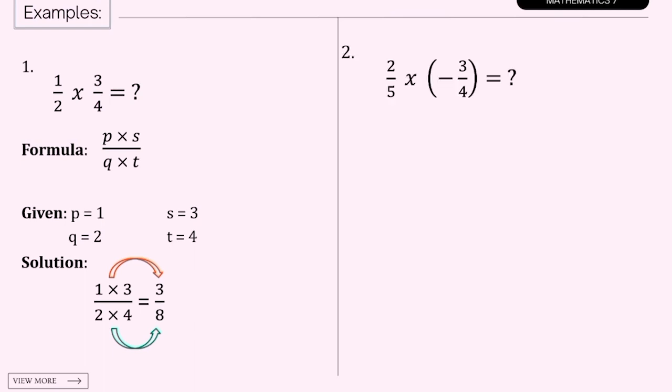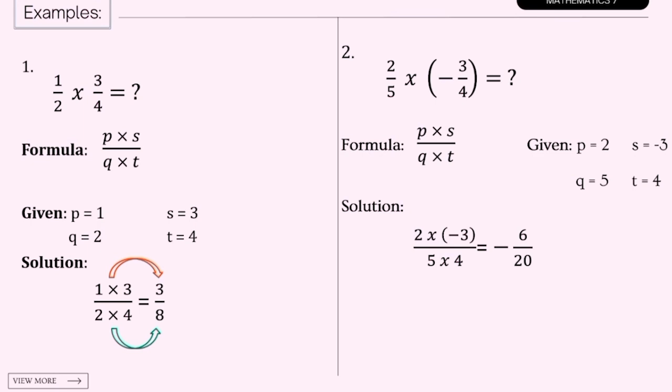For number 2, 2/5 times negative 3/4. So our formula again, P times S over Q times T. Our given or P is equals to 2, Q is 5, S is negative 3, and T is 4. So to substitute the formula, our P is 2 times our S is negative 3 over Q is 5 times